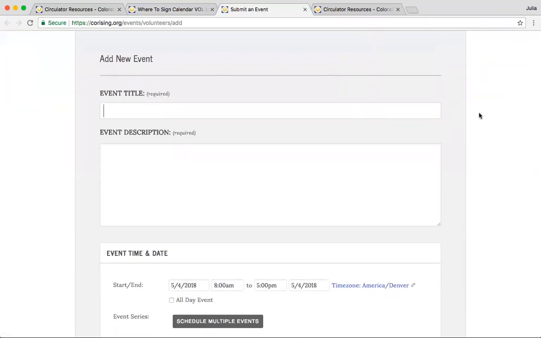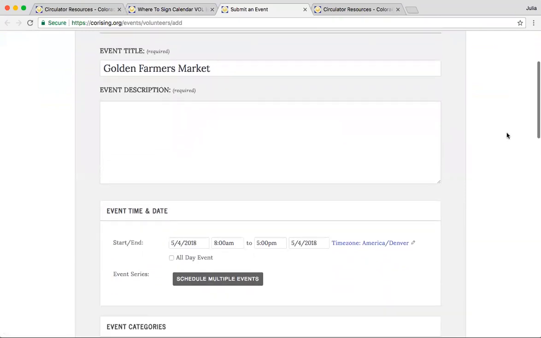So for instance, I'm going to be at the Golden Farmers Market. And if I want to write an event description, you can put something in here. Golden Farmers